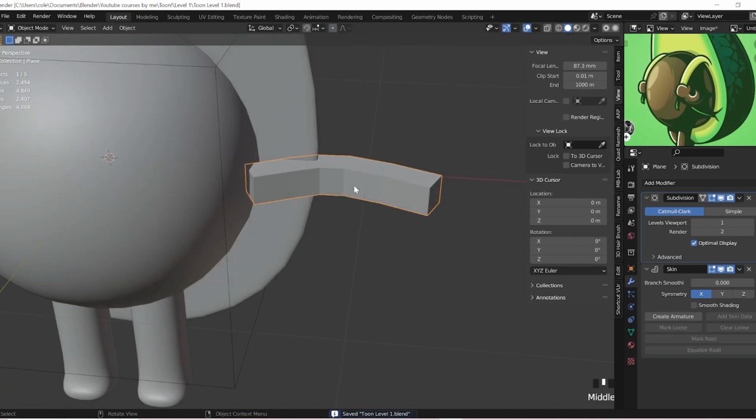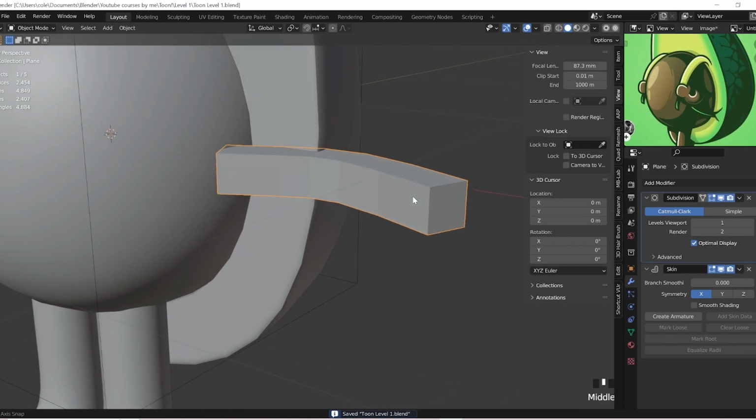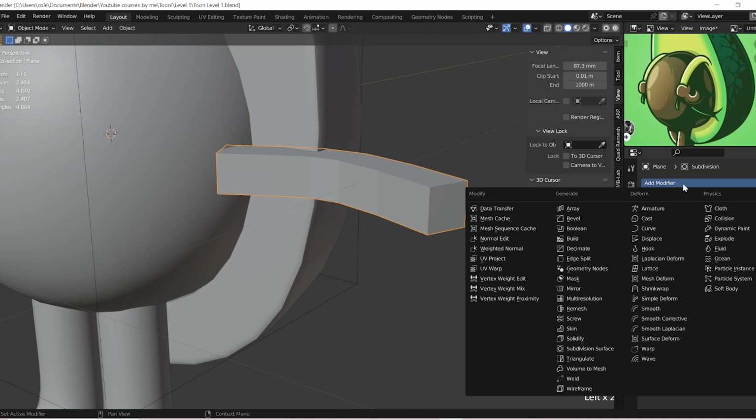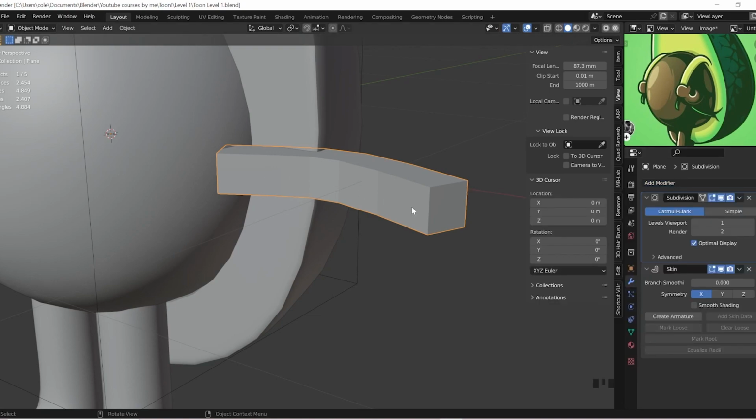And to make this smooth like the arm, add another subdivision modifier. You can decide to go to the modifier stack and select it again, or you can do it like the cool kids, aka me, and